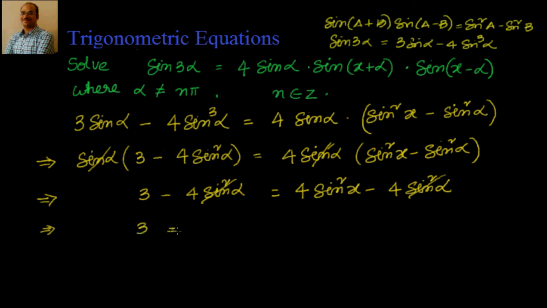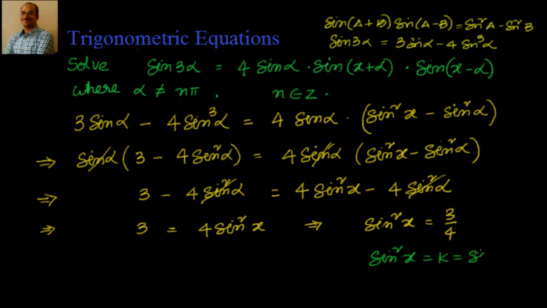Now this is pretty easy because we know this is of the form sin square x equal to k, which is equal to sin square alpha, where alpha is your principal solution. Then we know that x is nothing but equal to n pi plus or minus alpha. This we have proven already. So let's go ahead and apply that.